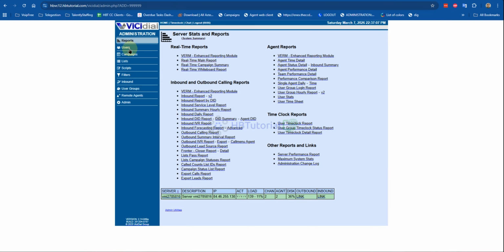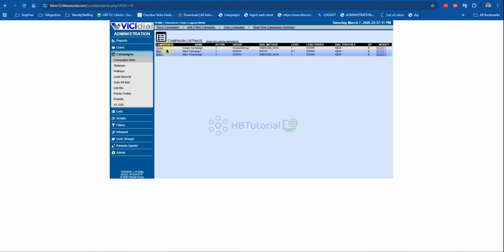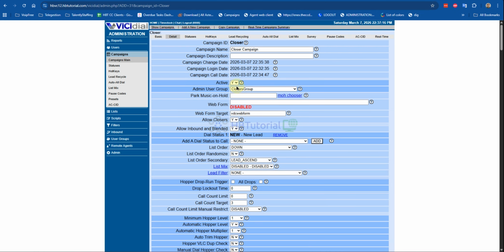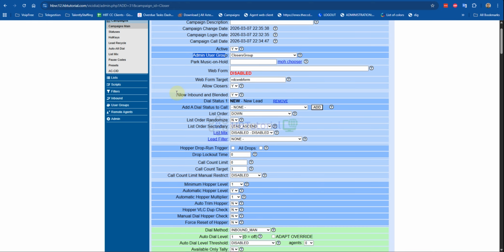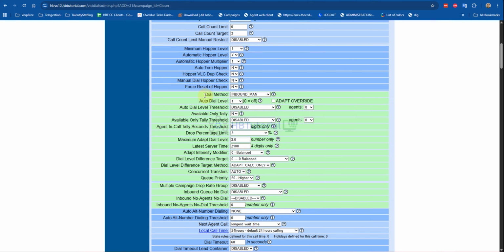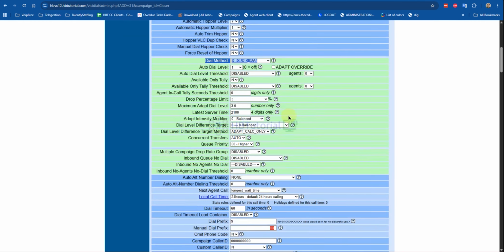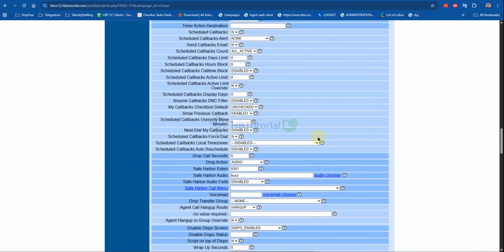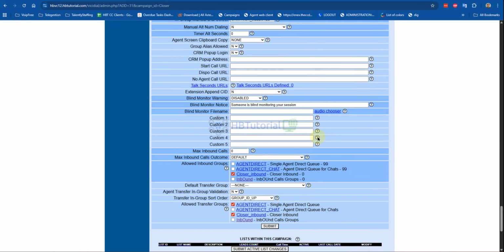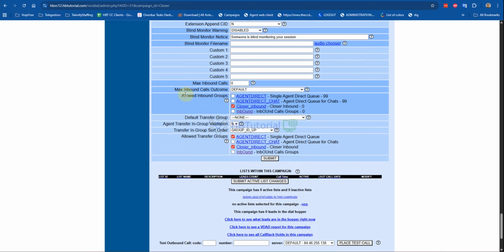Okay, so let's recap. First, we create a closer campaign, and also we create a closer user group. And we assign inbound blended, and then dial method to inbound. Recording should be all force, and then our inbound group setting closer.